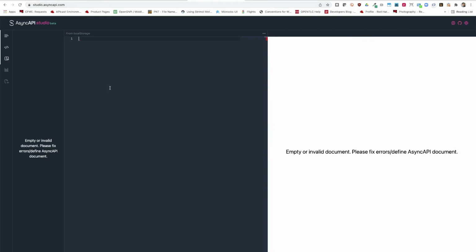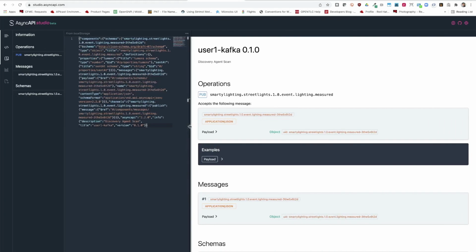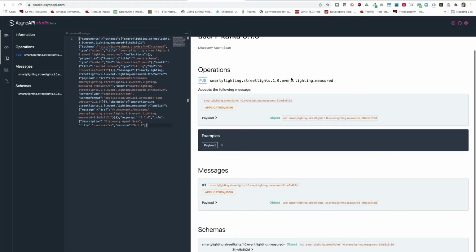It's the AsyncAPI Studio, where you can create your own AsyncAPI specification, or in my case, I'm just going to be using that for validation and rendering. I will paste here the specification that I just downloaded from the Solace application, and you can see here that now it's rendering the information. So I have my user one Kafka, named discovery agent results. I can see that